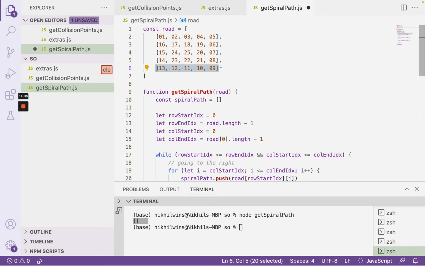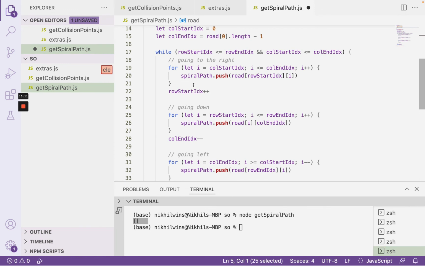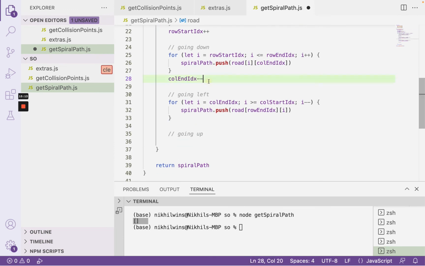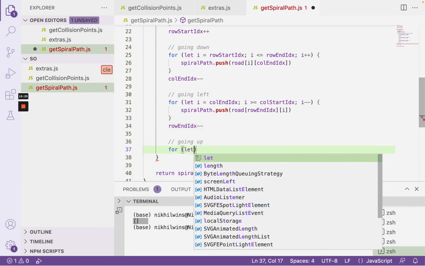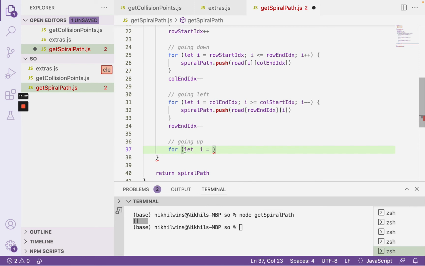So we are starting not from the end index of the row, but the one before the end index of the row. So naturally, we want to decrement the end index of the row. That's that. So let's go ahead and do that as well. So I'll just decrement the row end index. And then I want to construct my for loop here. So for let i equals